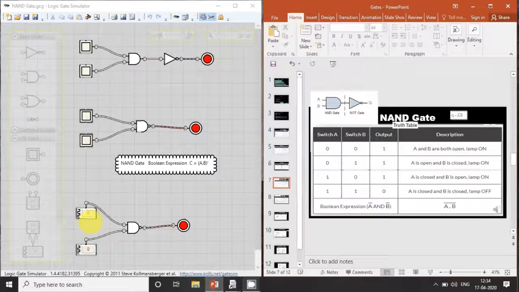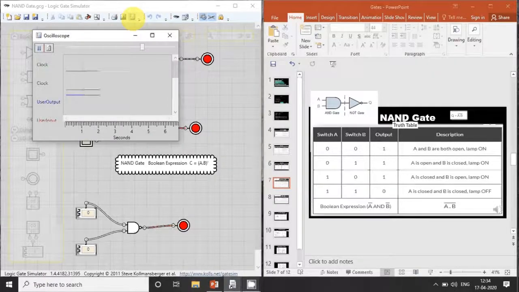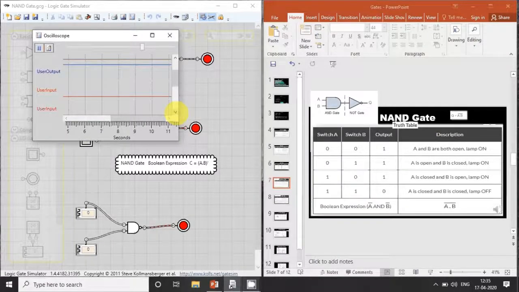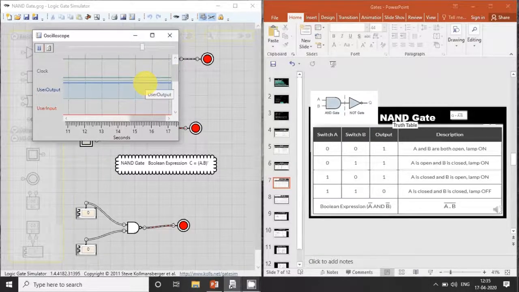Similarly, if you use a clock pulse, and both clock pulses are 0, the output is high. This is also verified with the help of a timing diagram. Now both the clock pulses are 0 and the output is at high position. This is all about the logic gates. Both inputs are equal to 0 and the output pulse is at high position. This is from the clock pulses.